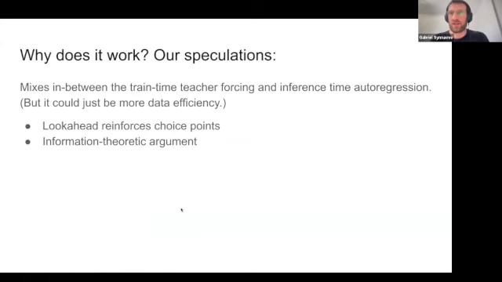So now, this was interesting, but we basically don't know exactly why it works. We have made some speculations and some attempts at explaining that. The high-level reason why we think it works is that it mixes the train time teacher forcing distribution, what I was showing before, where when you train, you're predicting only the n+1 token, and you know the ground truth of tokens up to n. Whereas when you do inference, you actually sample, right?